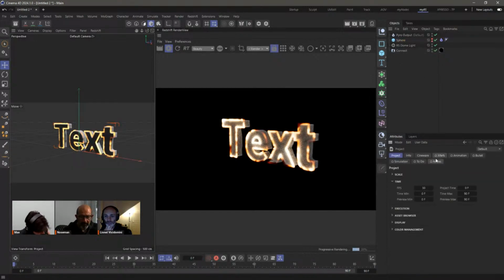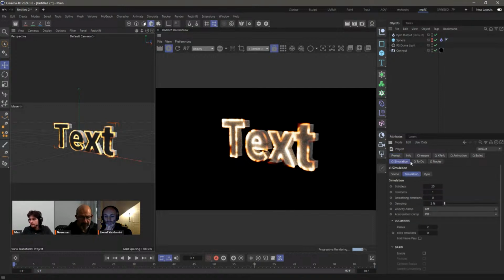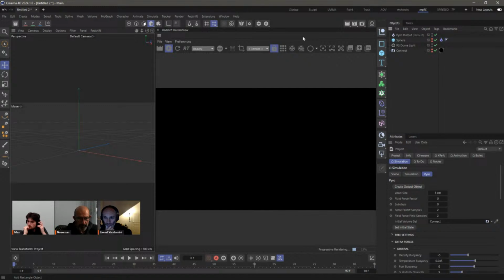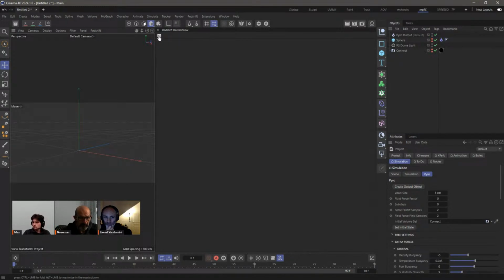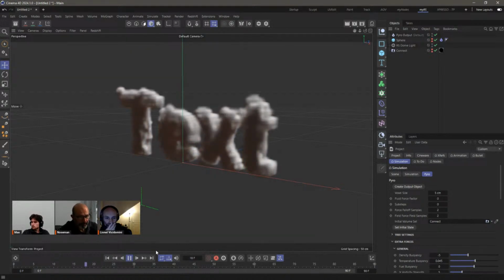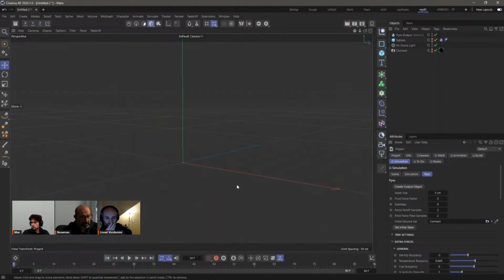You may be aware that in the Pyro settings, so project settings, simulation, Pyro, there's this initial volume set. Well, this little set here is exactly what you need. Let's make this invisible. We're not going to use that. Let's temporarily close this down and press play, and you're going to get an initial volume with those values, and then it's going to dissipate.